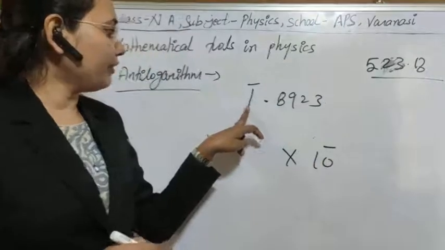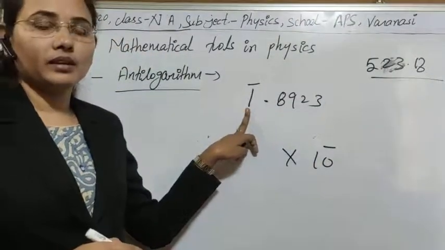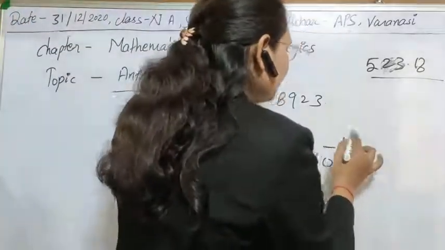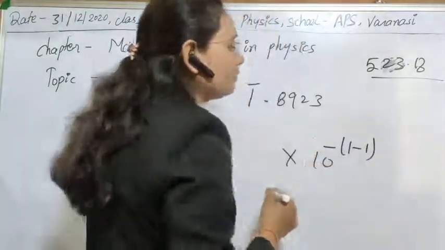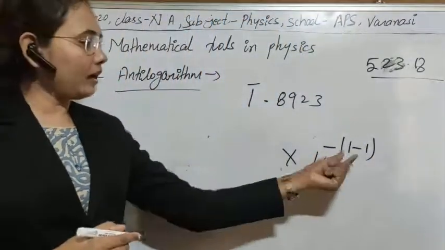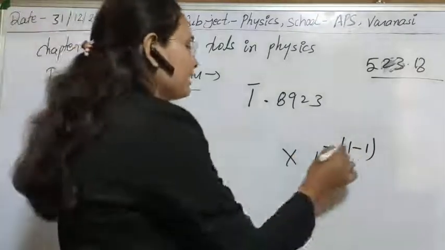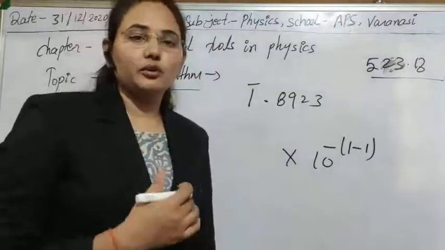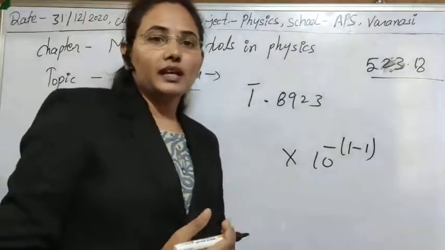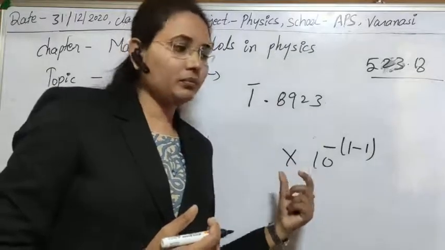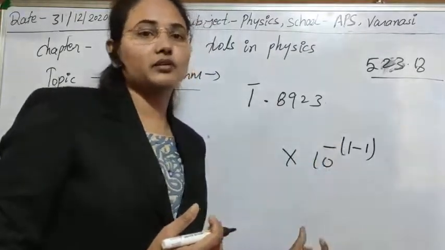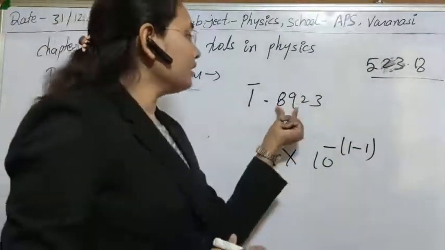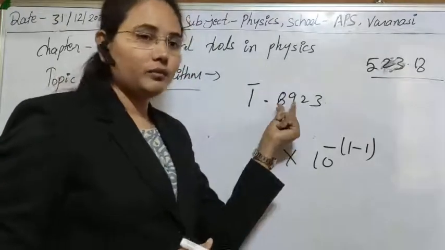After that, see the value that you are seeing here, put it here, and you have to subtract 1 from it. If you subtract it, you will get 10 power minus 0, and 10 power minus 0 or 10 power 0 is the same. You know that any quantity to the power 0 is equal to 1. So this will be over, and after that, in the anti-log table, let's see the value in the column of 89